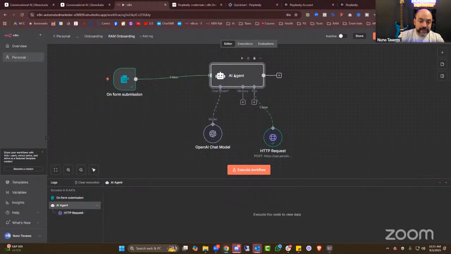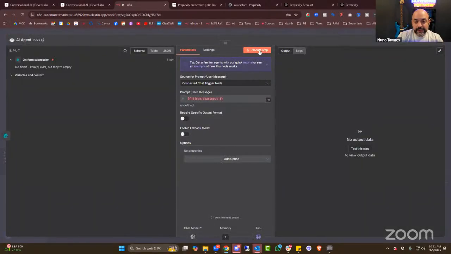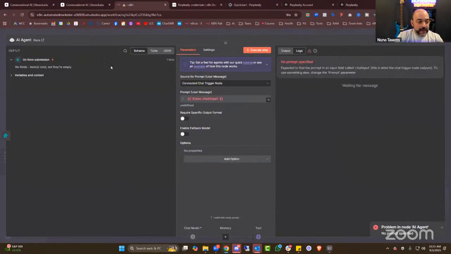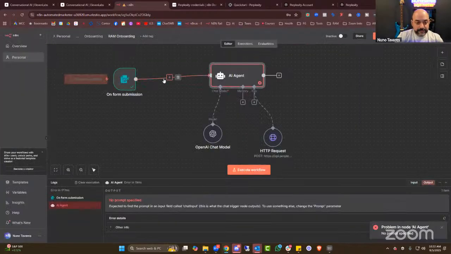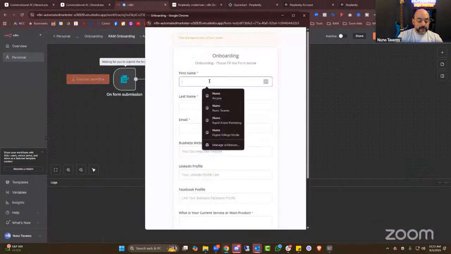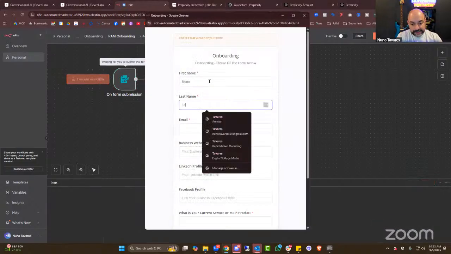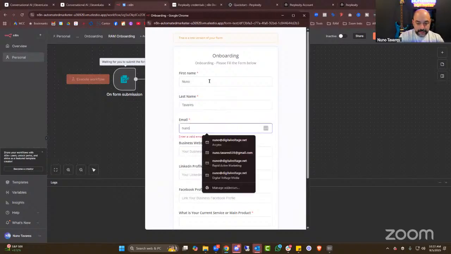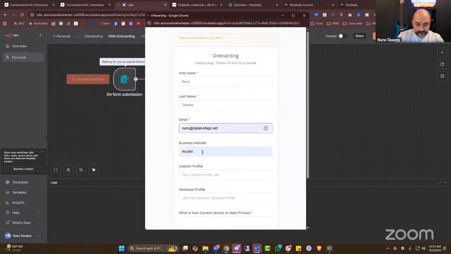So form comes in. We're going to actually execute the form. So what we're going to do is execute step. Let's try that again. Let's execute workflow. Beautiful. Okay. So I'm going to give it, we're going to use me as the perfect example. Everybody's seen this address, so my business website is going to be HTTPS, Fresh, automated